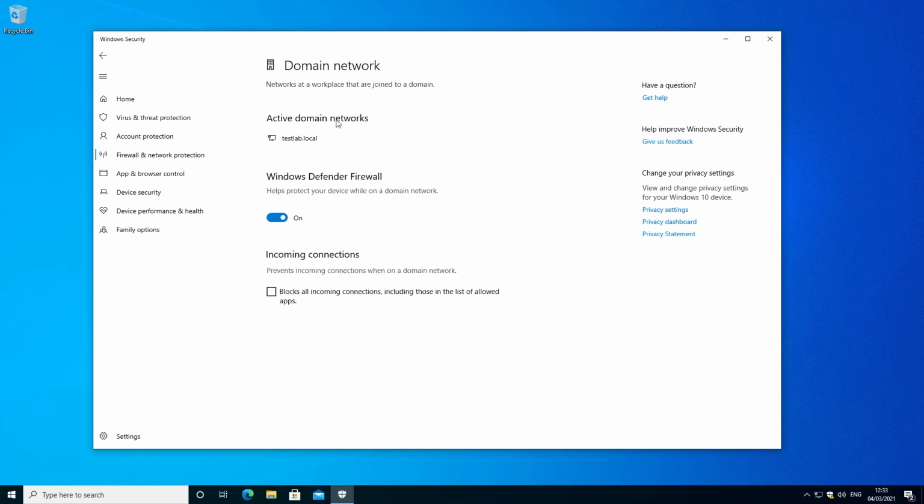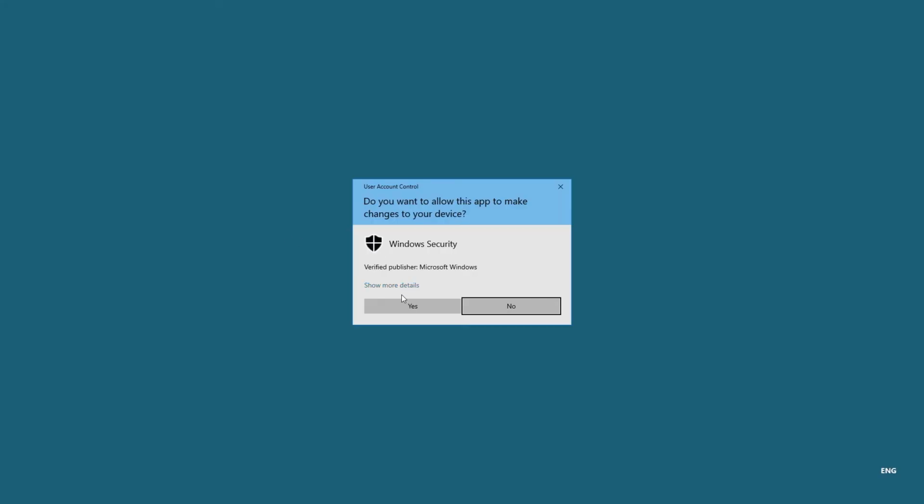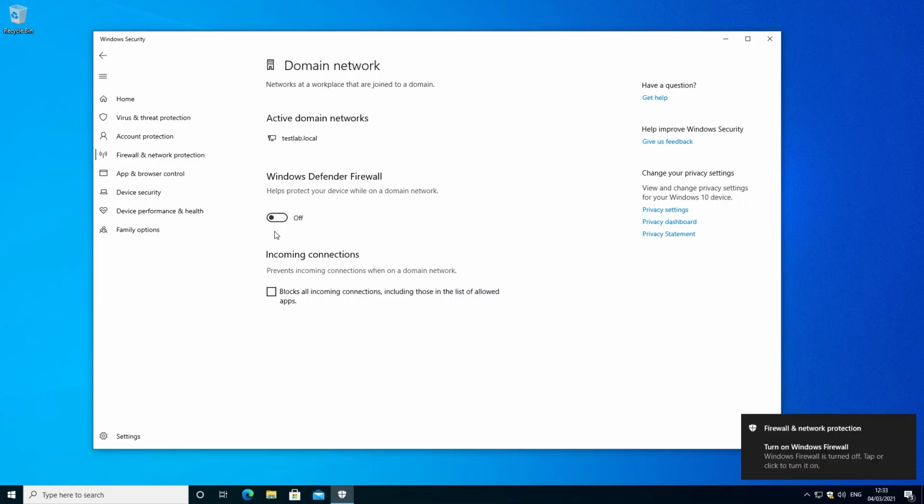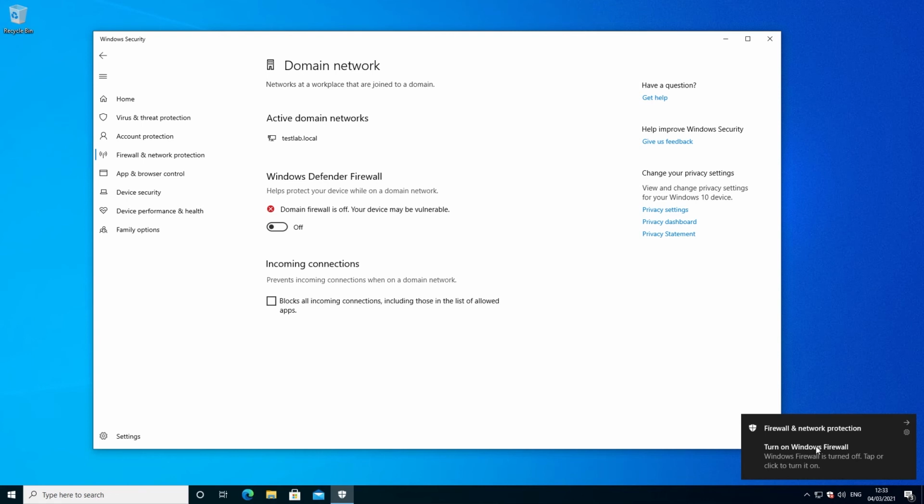So if I click on the domain one, in here it'll show you what the domain network is you're connected to. If you want Windows Defender Firewall turned on, which I would recommend, or if you want to turn it off, you just click on the little toggle switch, click yes, and that's turned Windows Firewall off. And as you can see, you get your notification there which says it's been turned off. So if we just turn that back on,